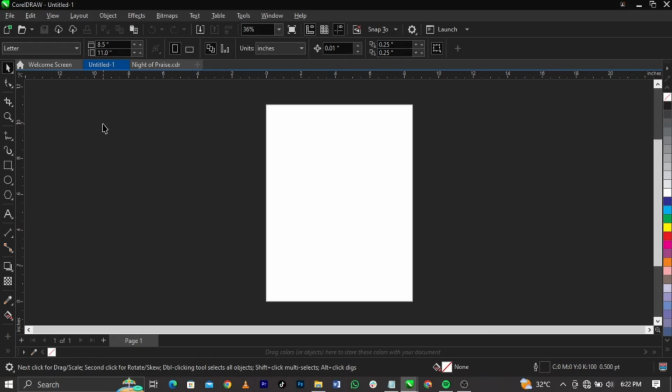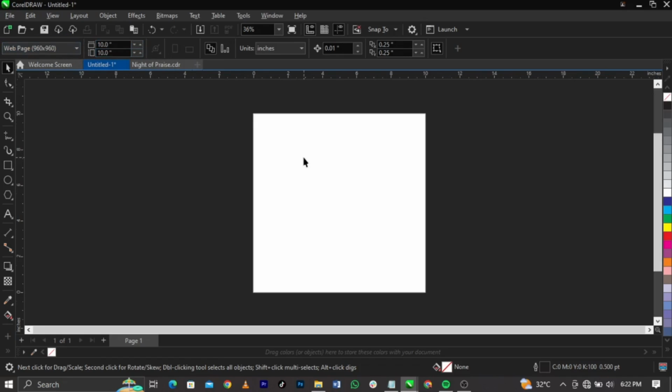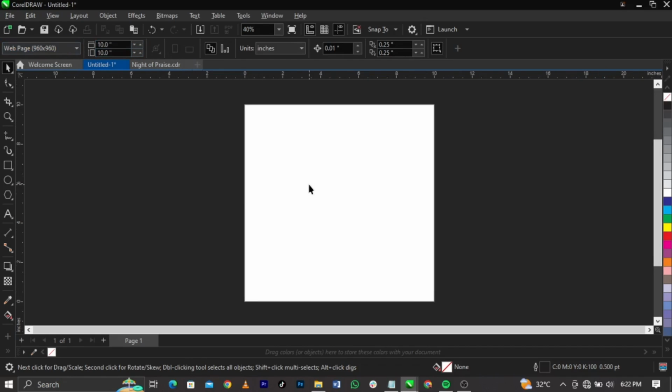Now the next thing we're going to do is change our paper size, and the size we're making use of is 10 by 10 inches. To do that, come over to your page dimension and change it to 10 by 10 and press enter on your keyboard. Now the next thing we're going to do is come over to our rectangle tool,